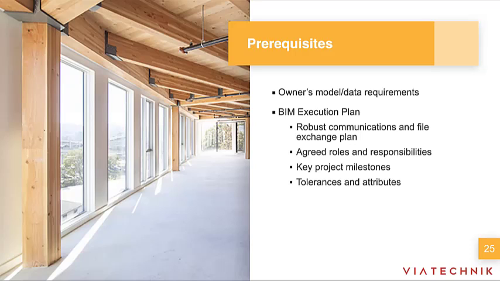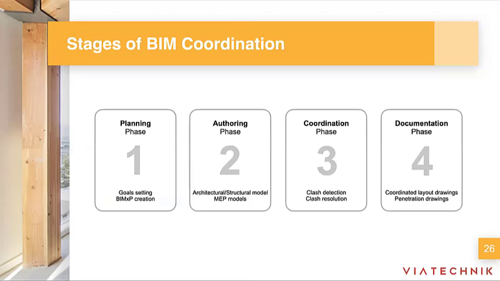All of these are important questions that we need to answer with that BIM execution plan. So in summary, the BIM execution plan is basically setting up the ground rules by which we're going to be developing the building. Once we conclude this first step, the team has all the information to get started with the design and the modeling of the architectural, the structural, and all the MEP systems. During this process, the models are shared with everyone on the team and are used to inform each other's disciplines.